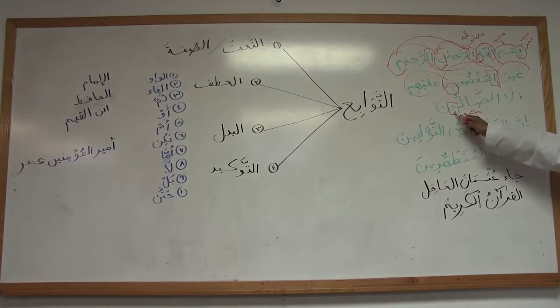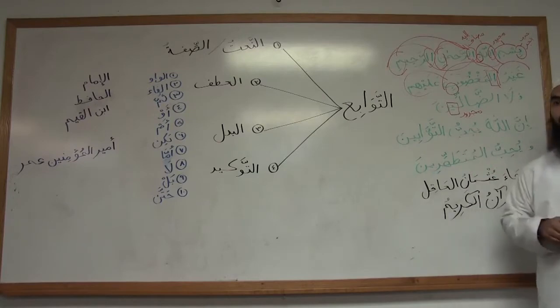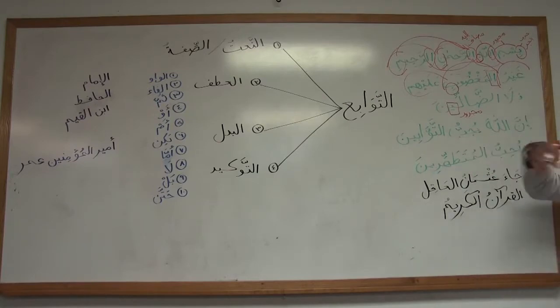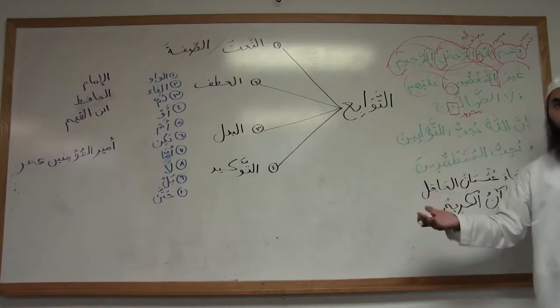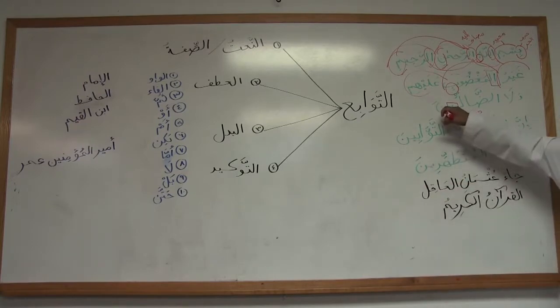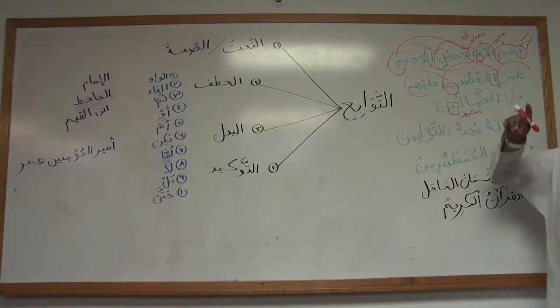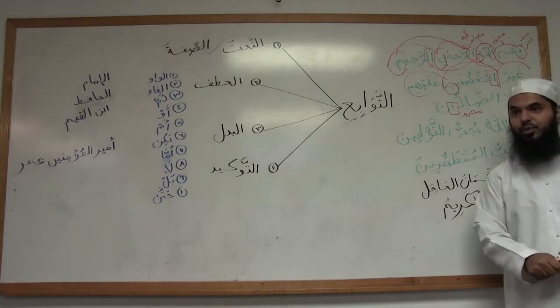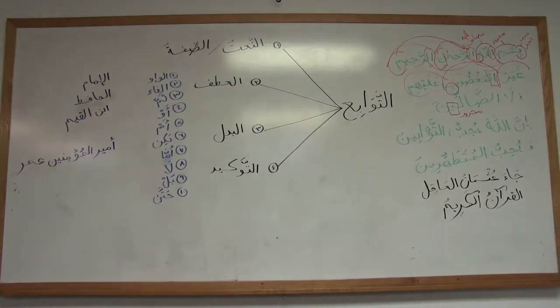Why is it majroor? I mean, how do we know it's majroor or why is it majroor? We know because it's got a ya. Oh, because of ya. So when you have jam' mudhakkar salim, it's marfu' bil waw. Dhalun would have been marfu'. And it's majroor bil ya, so we know it's majroor. But why is the question I'm asking you. Okay, because it's also sifa. A sifa of who?